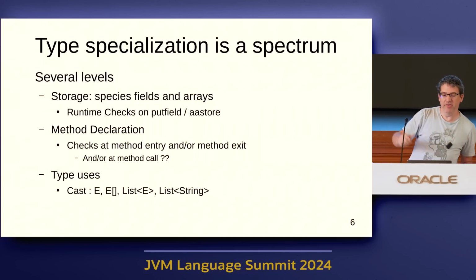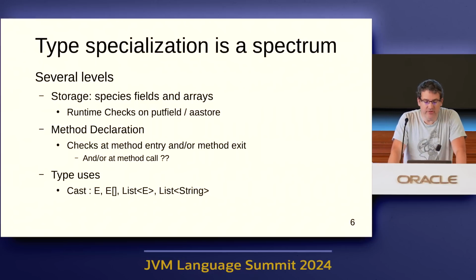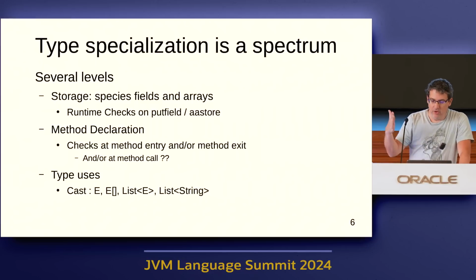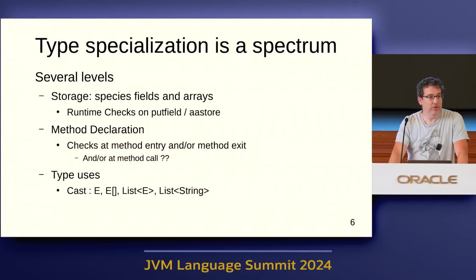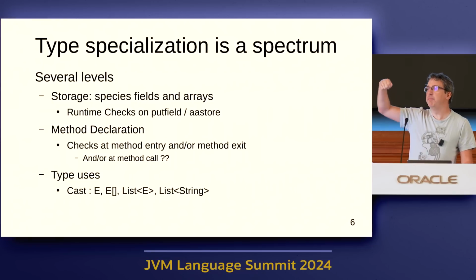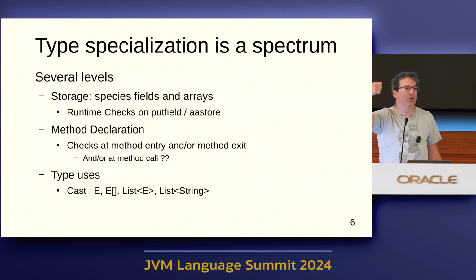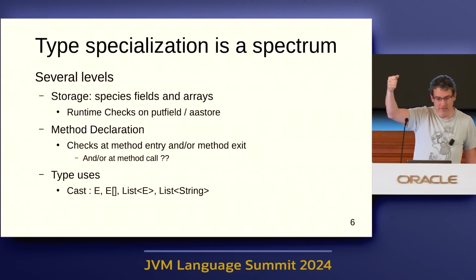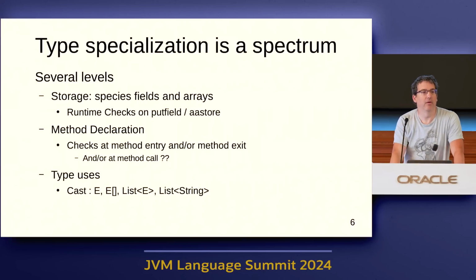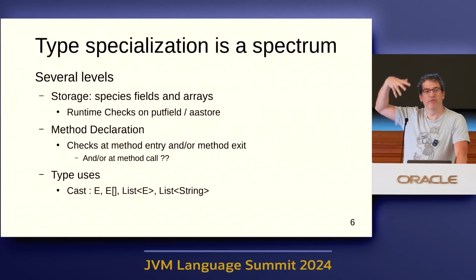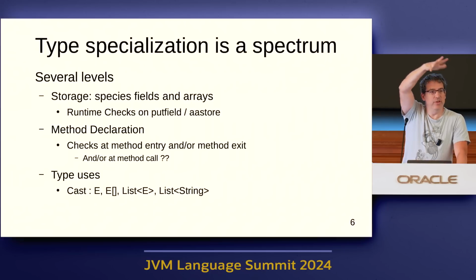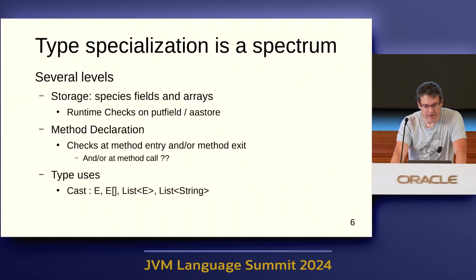Let's say level 0 is that we need the type argument for only two things. If a field is declared with a bang, if it's a T bang, we need to know the type of the T,